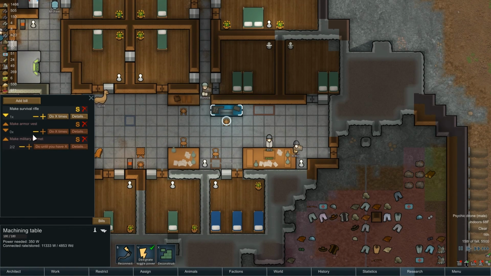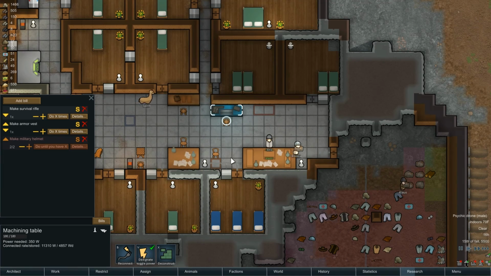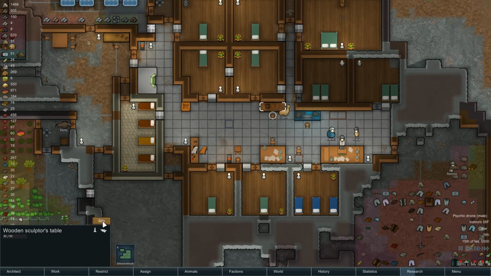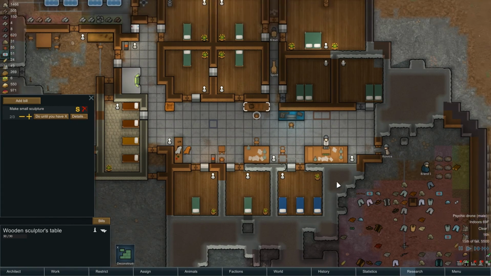So let's do another armor vest. Details. We'll go this route as well. Okay. Well, good to know that. Now this one is the sculptor's table. Bills. Let's add one more. We got...